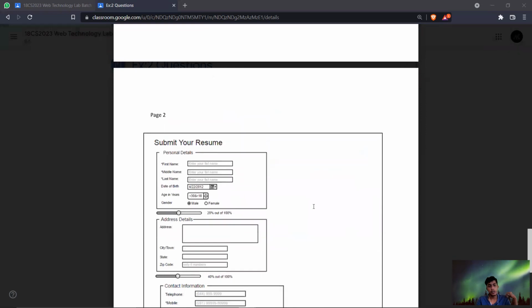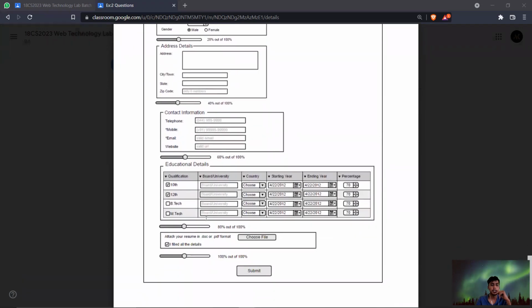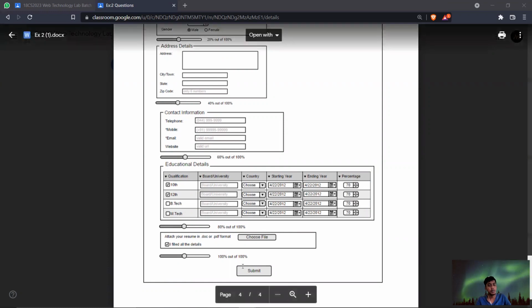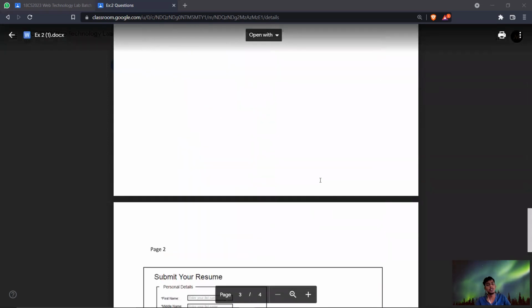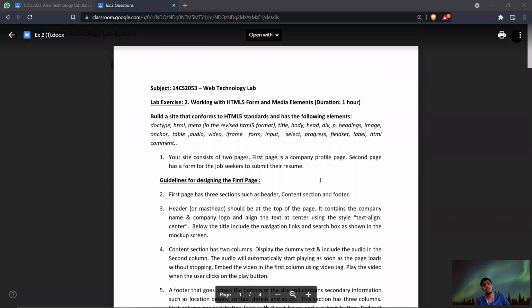Afterwards we are going to create a resume, that is a form of resume, for personal details and address details, then contact information, and afterward the education details. Here in the education details we are going to create a table. So we need to create a form with checkbox, text box and drop down list box, and after that we need to insert a table. Afterwards we need to provide file attaching, and we need to create a submit button. So these are the two pages we are going to create in this exercise,